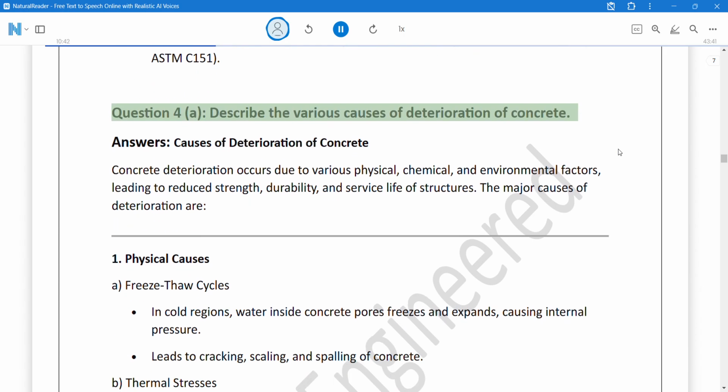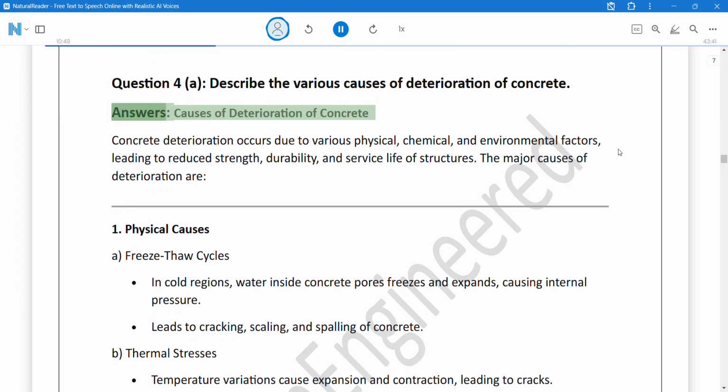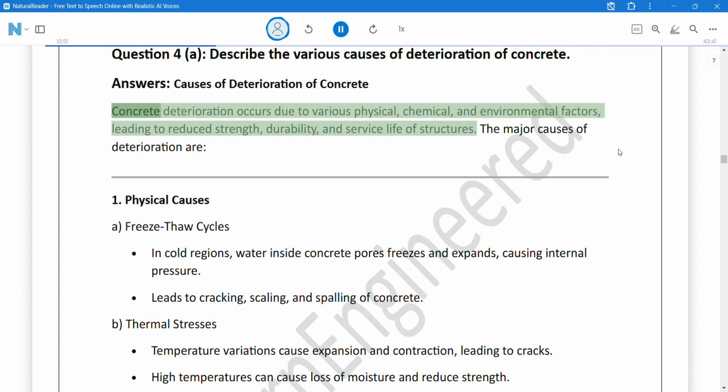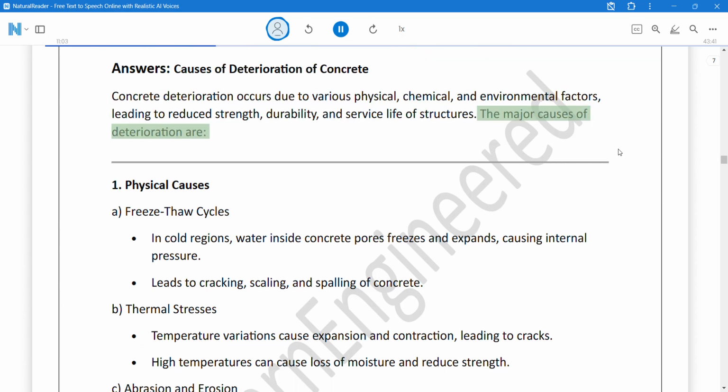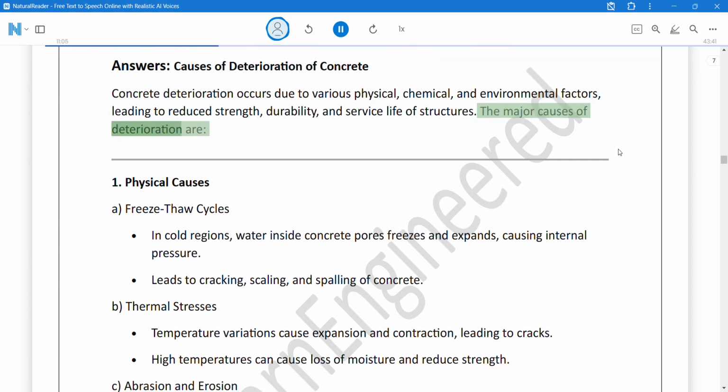Question 4. Describe the various causes of deterioration of concrete. Answers. Causes of deterioration of concrete. Concrete deterioration occurs due to various physical, chemical, and environmental factors, leading to reduced strength, durability, and service life of structures. The major causes of deterioration are: